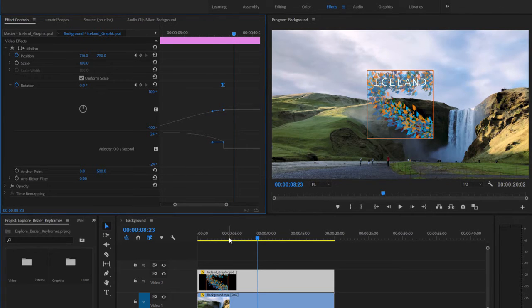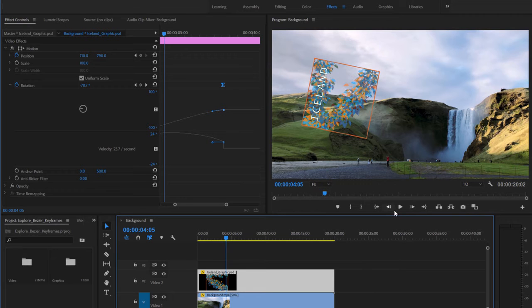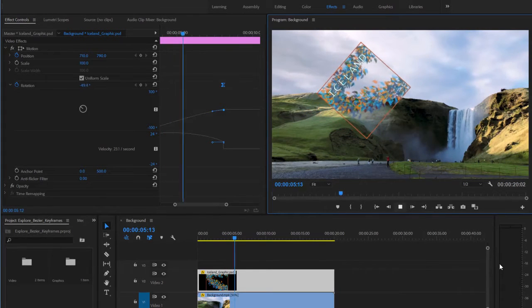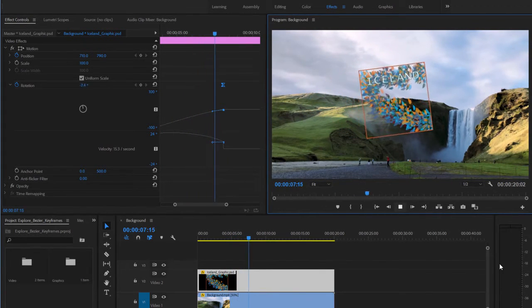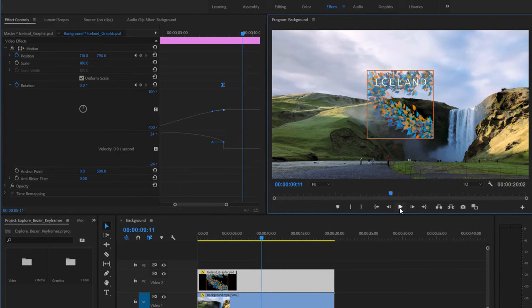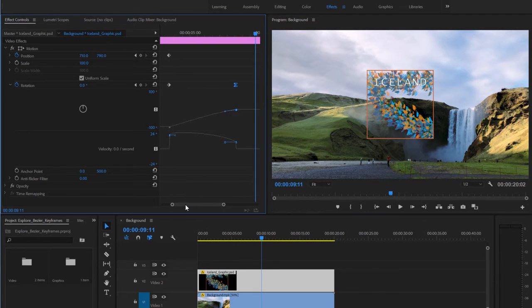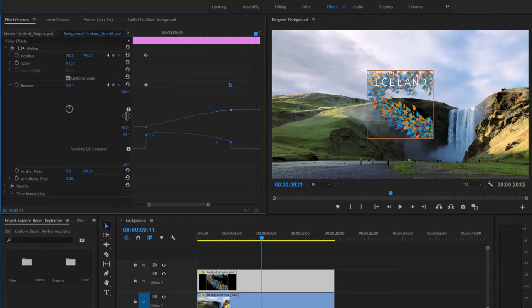If I play the result before I make any manual changes, you can see it's kind of an even smoother finish. It slows down towards the end. So I'm going to get a hold of this very small Bezier handle. In fact, let me just navigate left a little bit here, and I'm going to resize this so you can